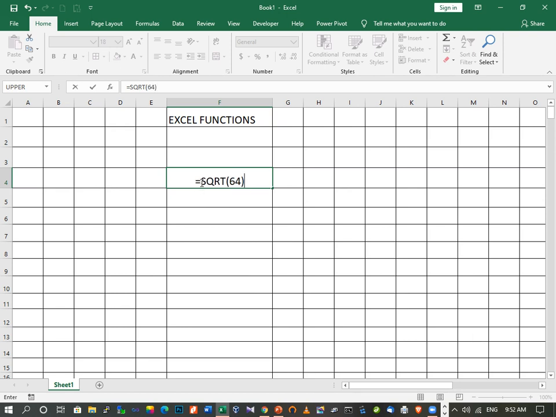When I press enter, you will see that the square root of 64 is 8. Here is one more number I'm going to use. Suppose equal to sqrt, square root of 100, and when you press enter, you will get the output as 10. So this is your sqrt function.